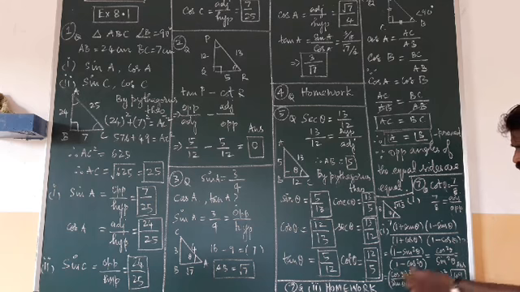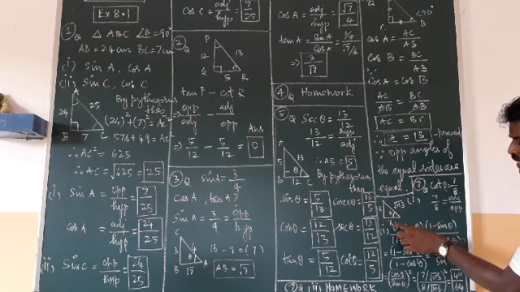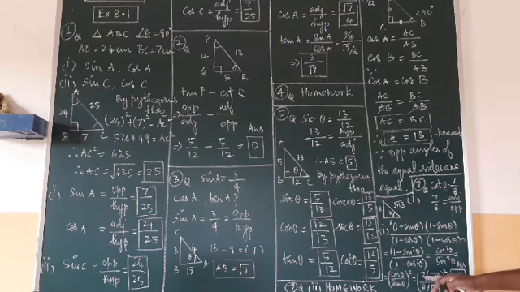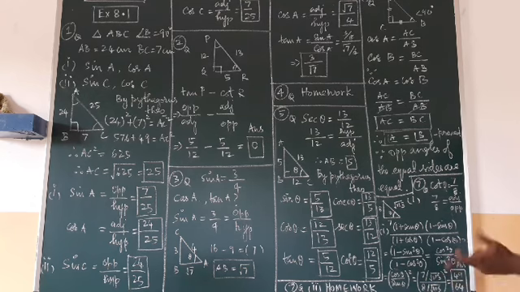Now substitute the values from the triangle. For this theta, cos theta is what? Adjacent upon hypotenuse, 7 upon root under 113. And sin theta is what? Opposite upon hypotenuse, 8 upon root under 113. So this is the ratio, whole square. The denominators get cancelled. So what will you get? 7 upon 8, so 7 upon 8 whole square. Squaring the number: 7 into 7 is 49, 8 into 8 is 64. So 49 upon 64 is the answer for this problem.